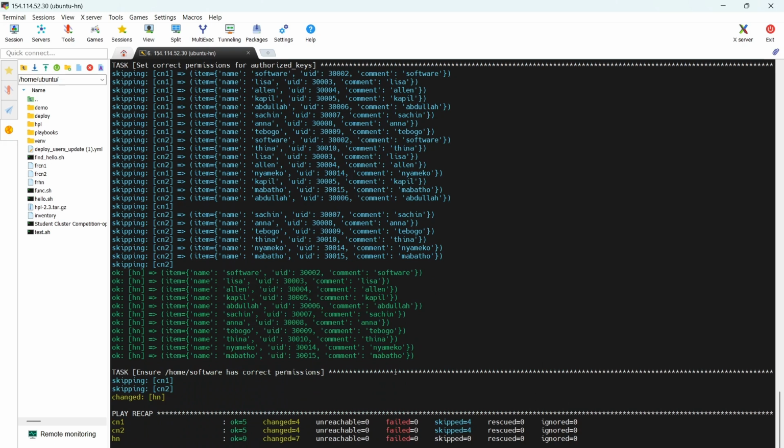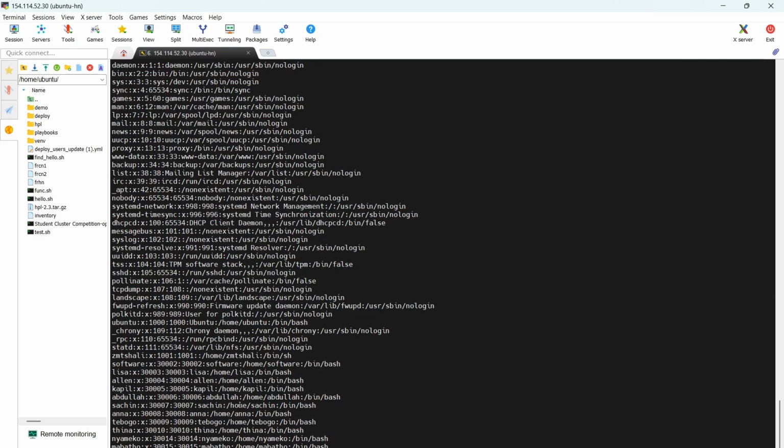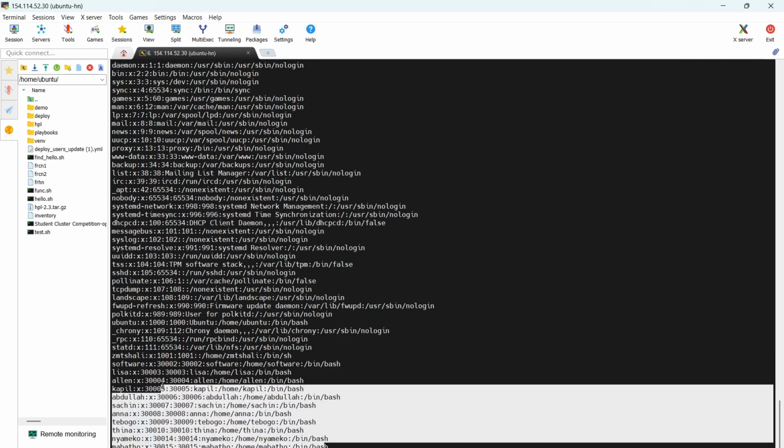So the script is basically done. So we're going to test this to see if everything went well. We can first check the users on this head node. You could do getent and then press enter, and you can see you've created all of these users right here,